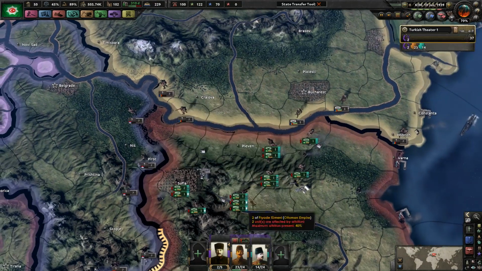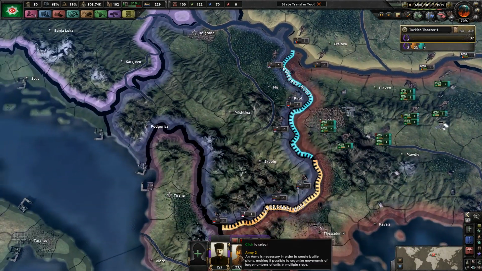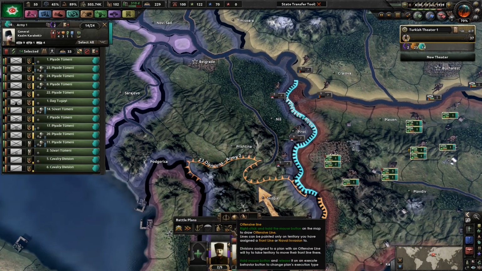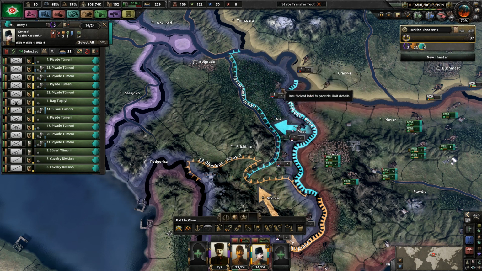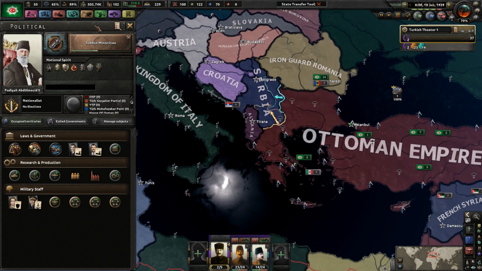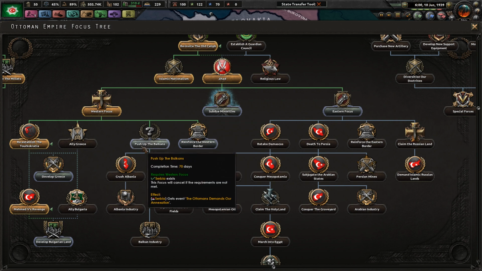Take all their states. Fantastic. So Blue Army, you're going to need a border here. The Brown, you're going to push your way over there. And then Blue, you're going to try to push your way at least to this river. Unfortunately, we're attacking Serbia from the south, which is entirely mountains, which does bring its own issues. Of course, we also need to wait a while, because these are all